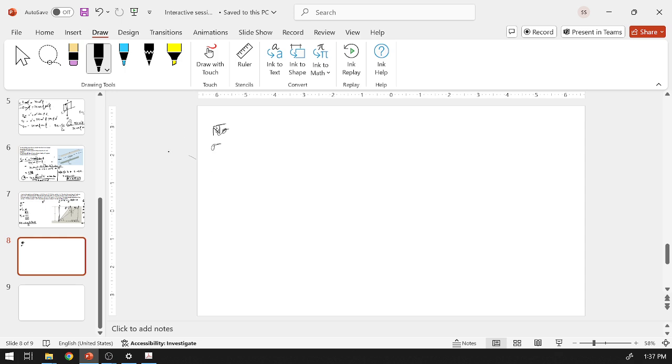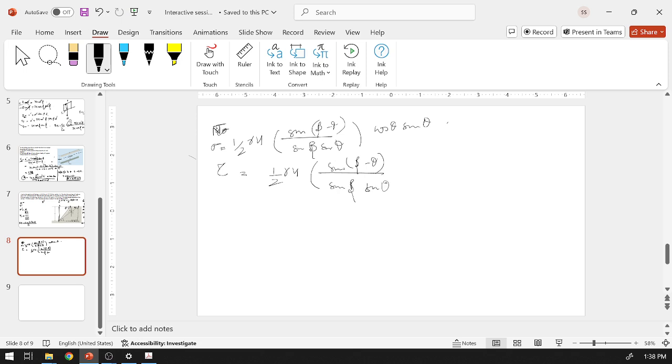Sigma will be half of gamma h sine of beta minus theta over sine beta sine theta, cos theta sine theta, and tau will be half of gamma h sine of beta minus theta over sine beta sine theta into sine square theta, and your factor of safety will be